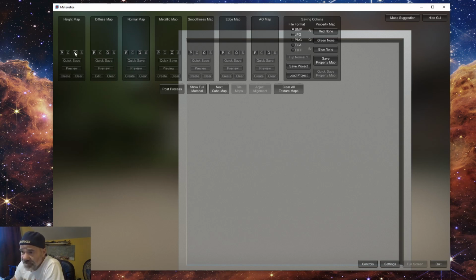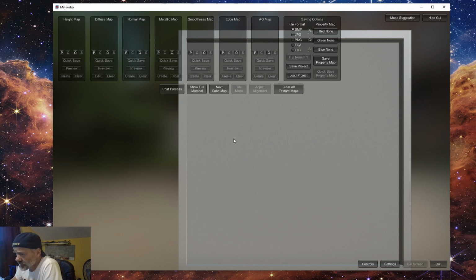Anyway, I would like to see tool tips, so when you hover over something, it tells you exactly what that button's doing. Some of these I had to experiment with to figure out what all these buttons mean. Some are obvious, but like P, C, O, and S. I know O is open, S is save. I think C is clear, but I'm not sure. But anyway,